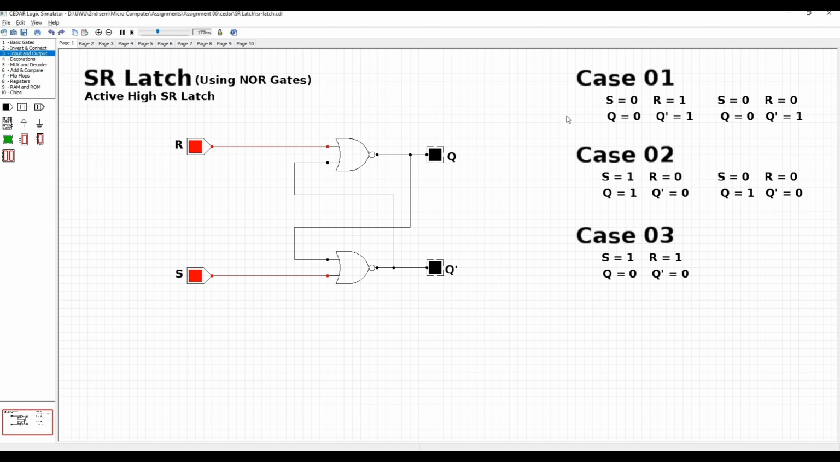So this is the SR latch, and this SR latch can also be represented using NAND gates, and it is known as active low SR